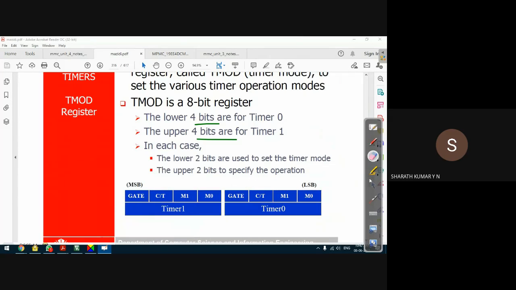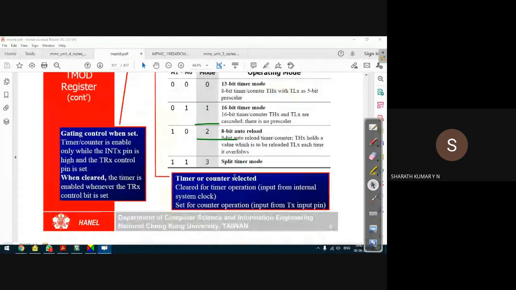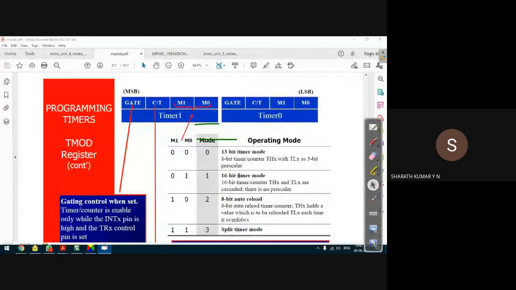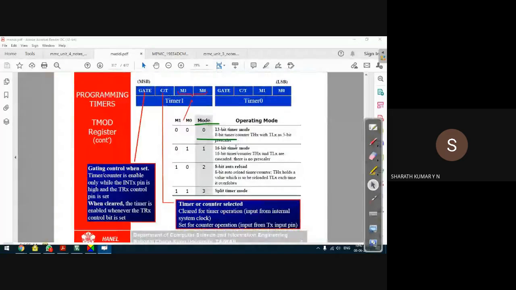I'll come to that point; it's not very clear here. This will explain the modes of operation in a little more detail. Let me resize so that we can put it something like this. So what do these modes of operation correspond to?